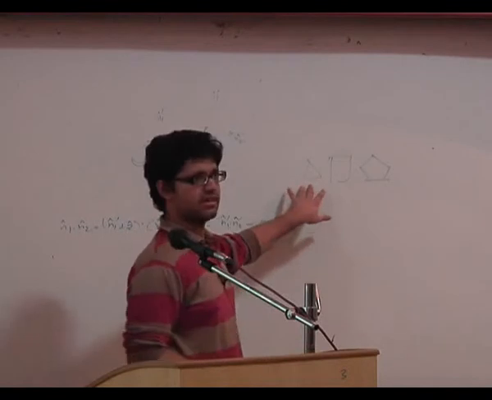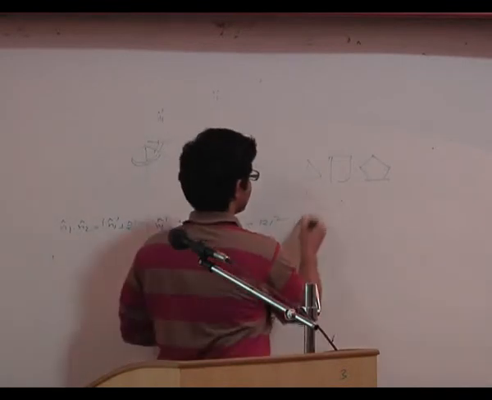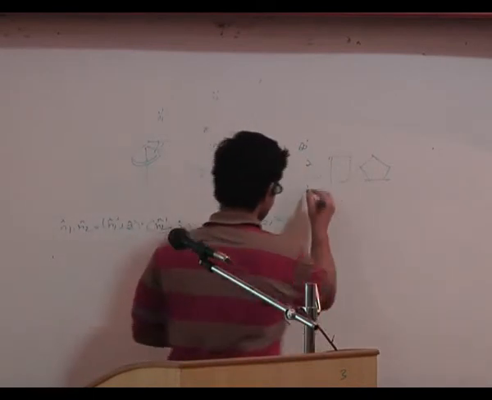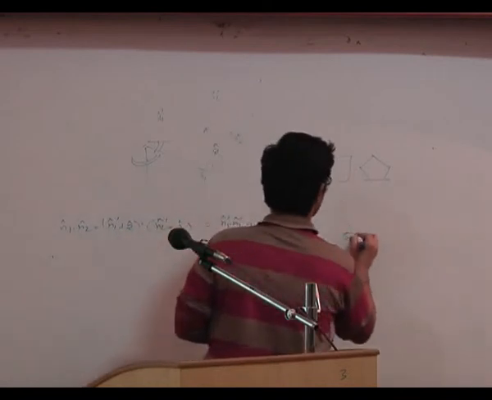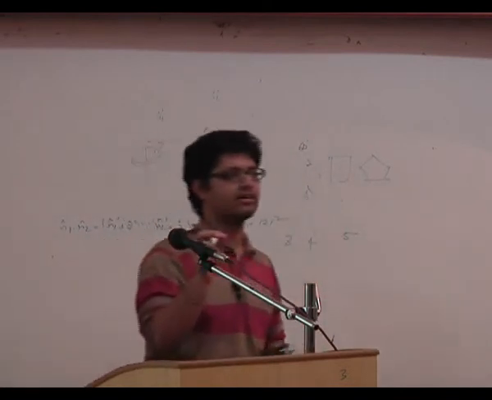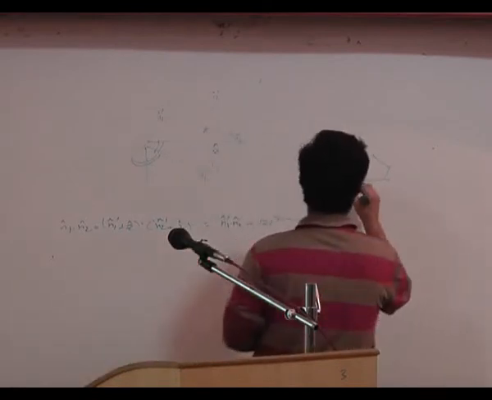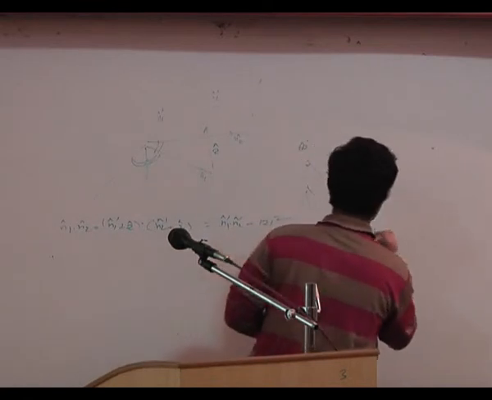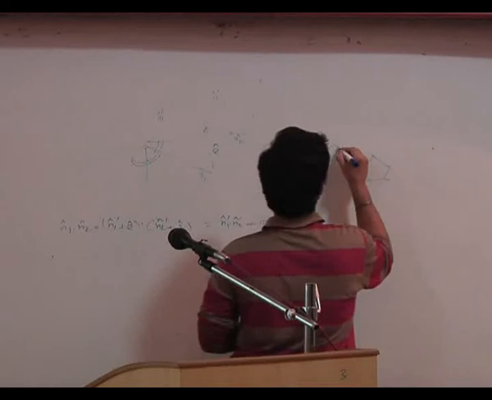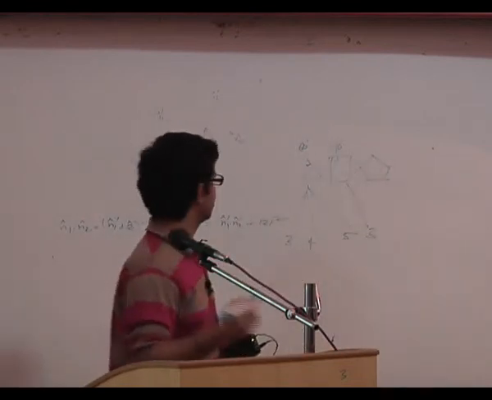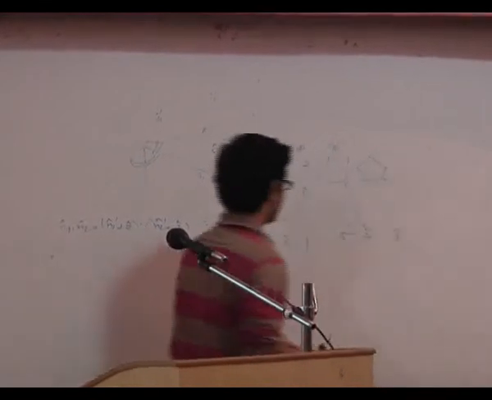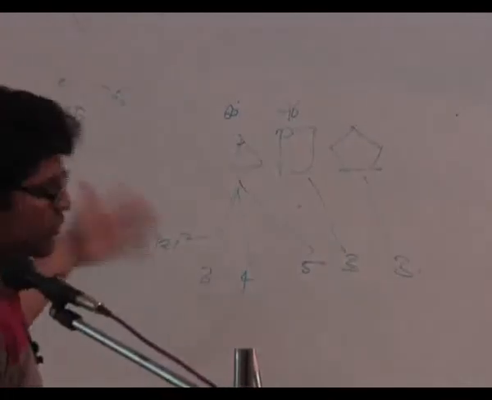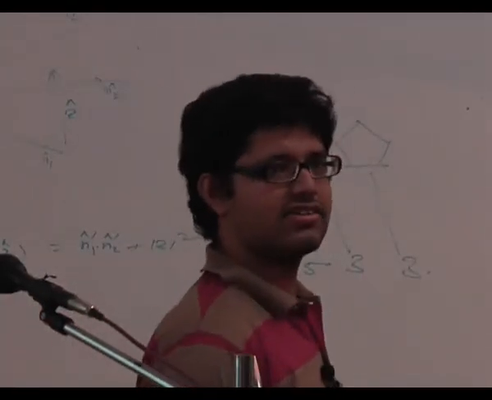Now if the faces were triangles, then what can I have? Because each angle is 60 degrees, I can have 3, 4, or 5 triangles meeting at a vertex, not more than that. And similarly, if it's a square, how many can I have? Just 3, because it's 90 degrees here and four of them make 360. And similarly for the pentagon, I'll have only 3. And these are exactly my 5 platonic solids. But in this case, you'll have to go further and verify if you can actually construct these or not.